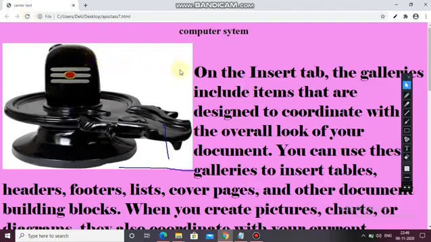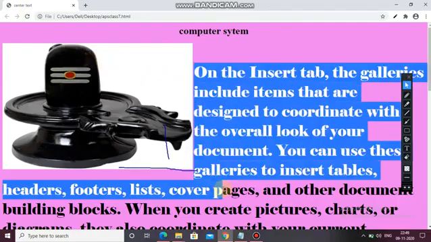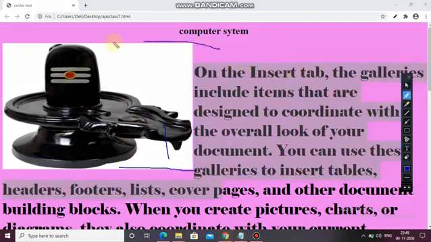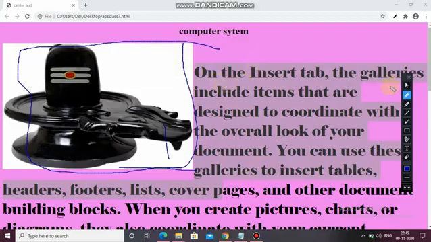See here, the text wrapped here, and the image here. I think it is visible to you all easily. So you can align your image left or right, wherever you want.